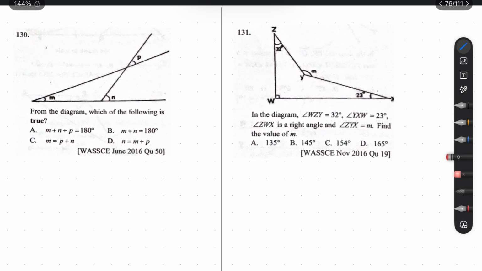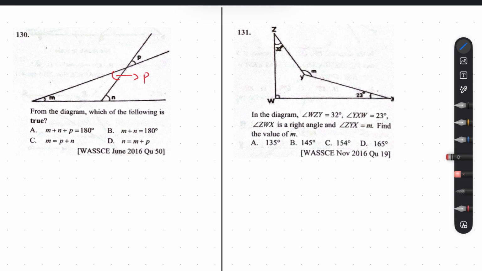The question says, from the diagram, which of the following is true? So let's put an angle right here. We know that this angle will be the same as P, because they are vertically opposite. So let's call that angle P. Now we know that the sum of angles in the triangle should give us